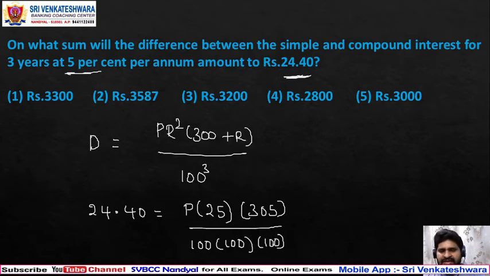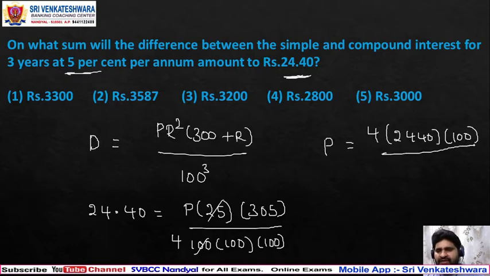So let's cancel maximum values. 25 ones are 25, fours are 100. And if I take this value, I'll substitute all the values this side. So 4 I'm writing directly, 24.40. If I multiply with the 100, it will become 2440. After that, one more 100 by 305. So look at here, 305 is the only chance to cancel. 5, 4 anyway doesn't cancel, and 100 we don't cancel.